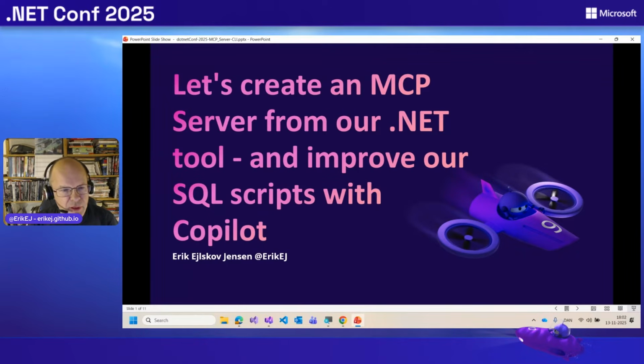So in this session, we're going to look at how you can take some of your own existing tools, or maybe even a new one that you're planning to create, your existing .NET tool, and improve the usability and the audience for that by making it into an MCP, a local MCP server. I will use the one I have done myself as an example, but hopefully you will go away from this ready to also do this for your own tools.